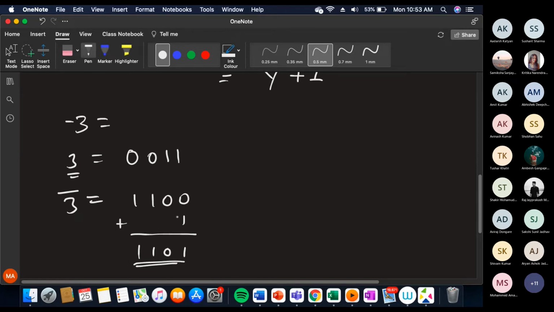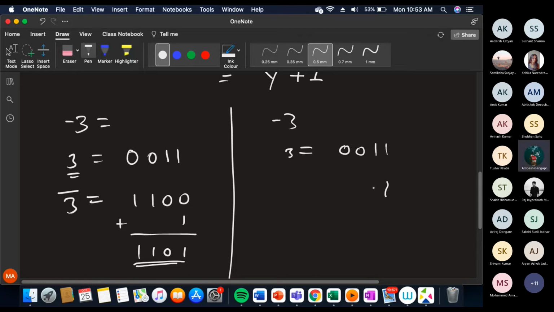मैंने कोई एक दूसरा टेक्निक आपको बताया था, वो थोड़ा आसान था. क्योंकि वो एक शॉर्टकट मेथड है जो आप यूज करते हो. अगर मुझे -3 निकालना है तो मैं क्या लिखूंगा? पहले 3 लिखूंगा, which is 0, 0, 1, 1. अगर 2's complement डायरेक्टली निकालना है तो मैं क्या करूंगा? I just copy the bits till I get the first one. After getting the first one, I just flip the bits. So this one will become 1, this 1 will become 0, and this 0 will become 1. So I can get the 2's complement directly by that.